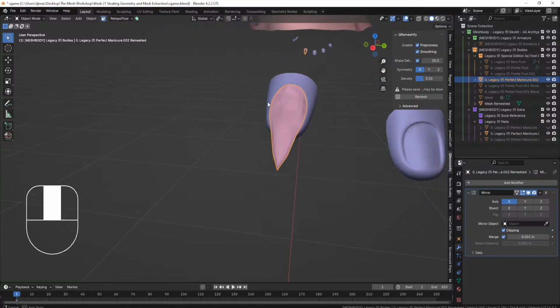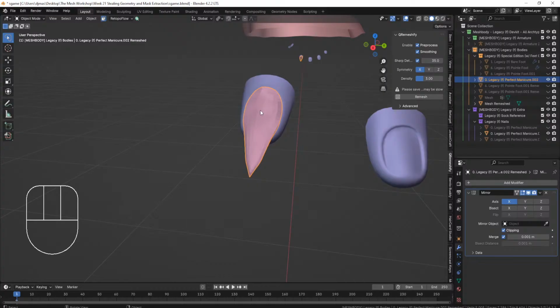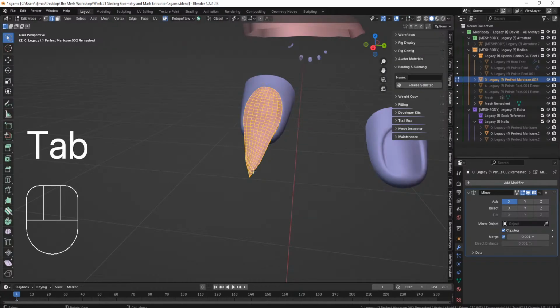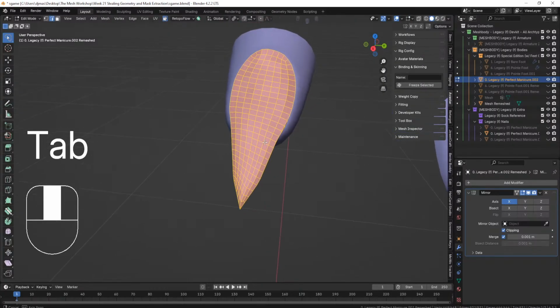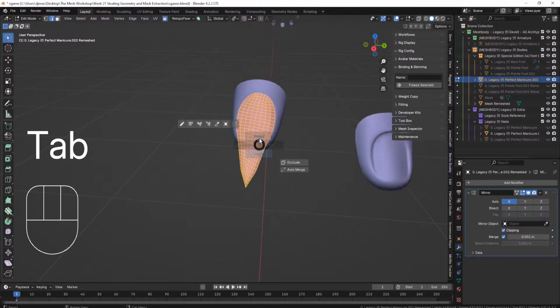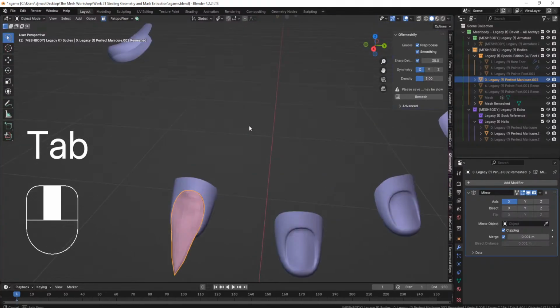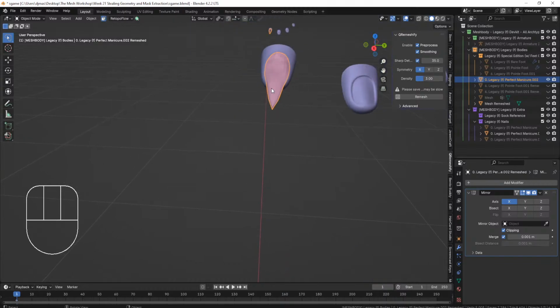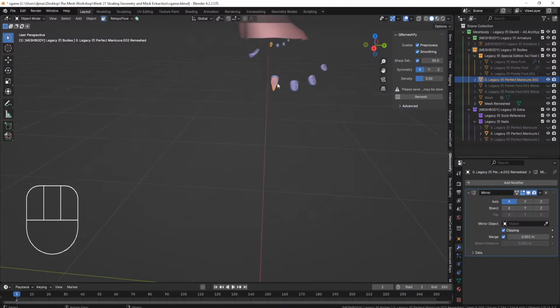And here you could clean it up. You could smooth it out with sculpt. You could smooth it out with proportional editing. But essentially, you have an okay little base. I would have spent more time to make sure that this was straight and not kind of crooked. But one of the huge advantages is that I now don't have this nail. Let's say if I